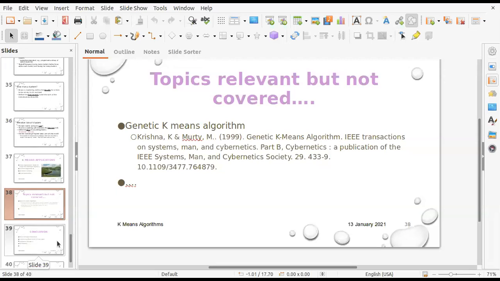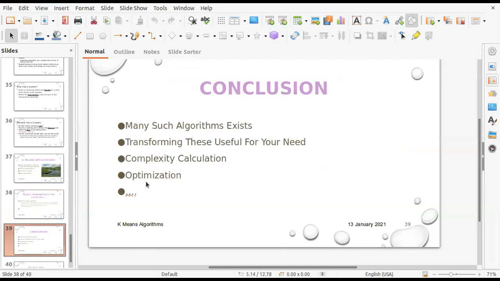This includes things like deciding the value of K automatically, or writing different algorithms for deciding the value of K, or termination of the algorithm, or how we select the seeds. All these things are relevant and very important, and this influences the quality of the algorithm.